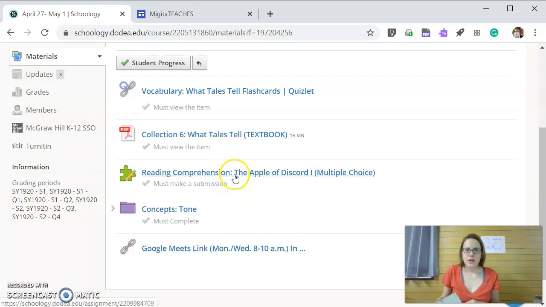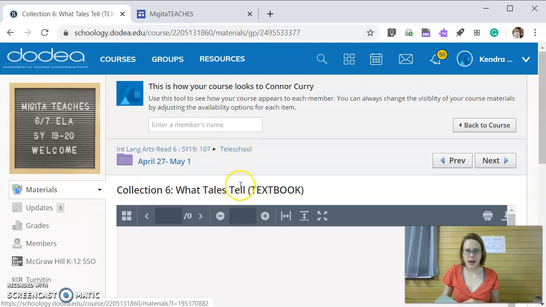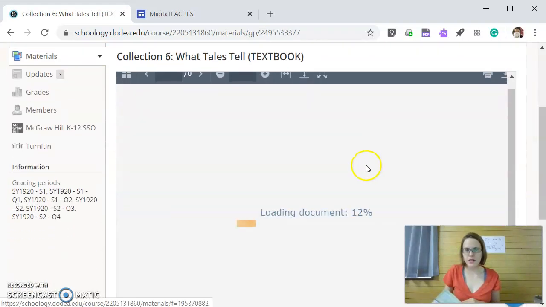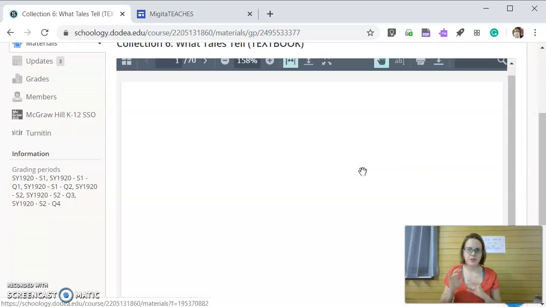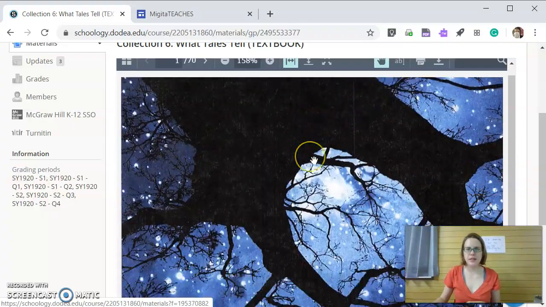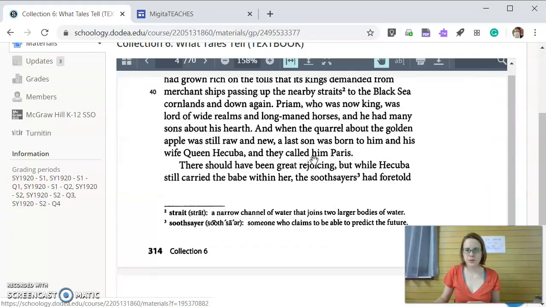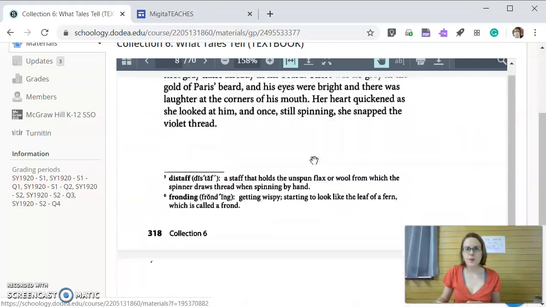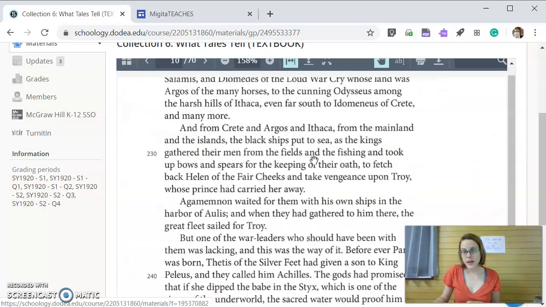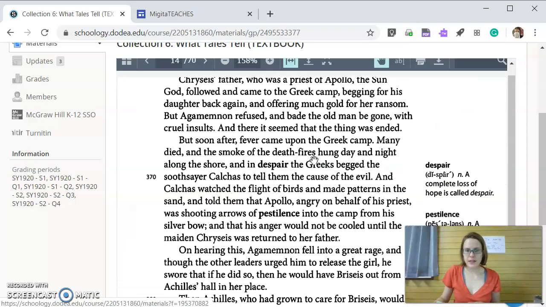Today, because a lot of you cannot access your textbook online because you've forgotten the password, although it should be your regular password that you use to type in the computer at the beginning of the year, I've given you the PDF, you can read it. We're going to page 331. I'm just going to do a quick reading of the poem so that we can look at it together.